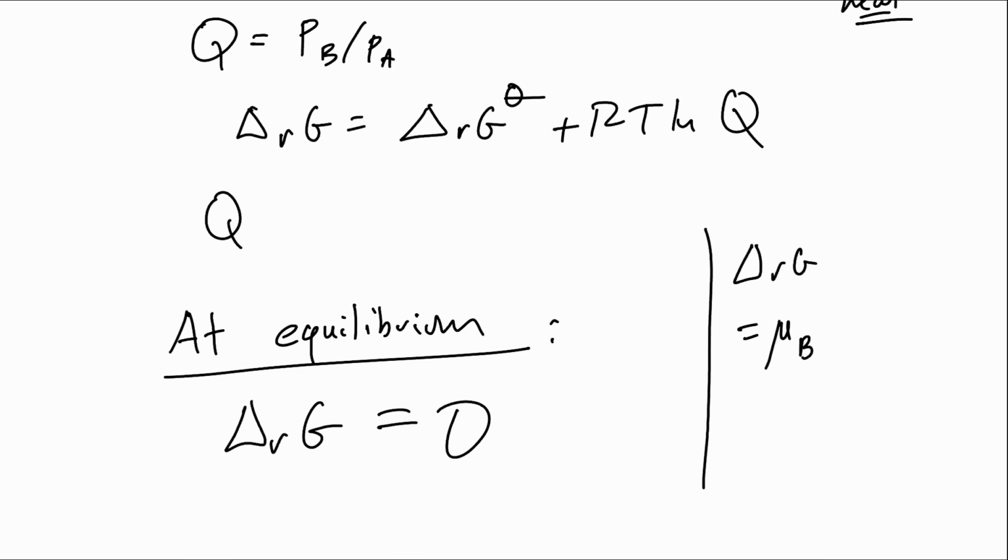It's mu B minus mu A, right? And if it wasn't equal to 0, that means the chemical potentials of A and B are not equal. And what can A and B decide to do if they find that situation? Well, if mu B is higher than mu A, then mu B is going to decrease in amount to